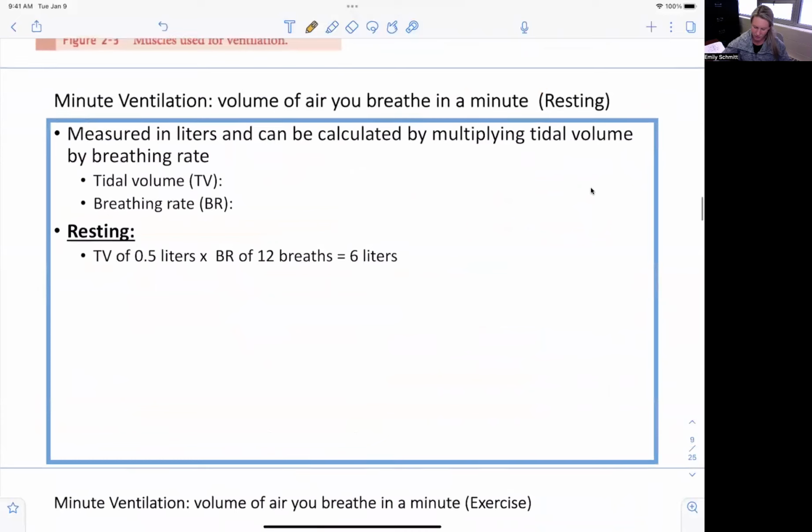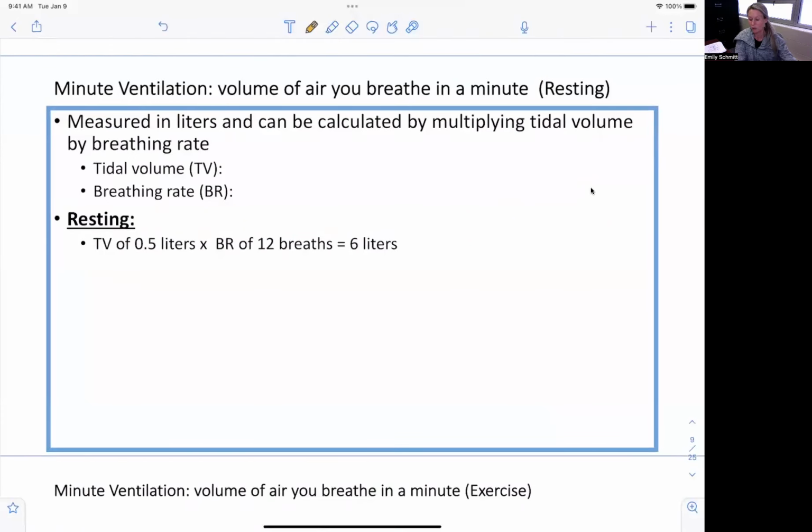Okay, so let's talk about minute ventilation, which is the volume of air you can breathe in a minute at resting. So let's define some of these terms. So tidal volume is going to be air you inhale